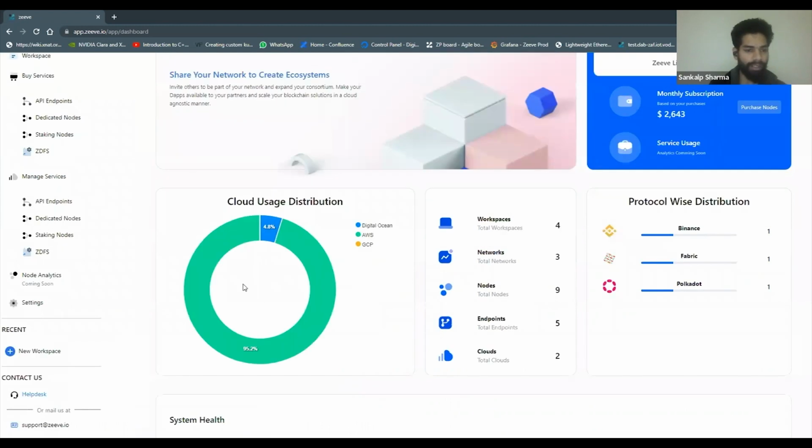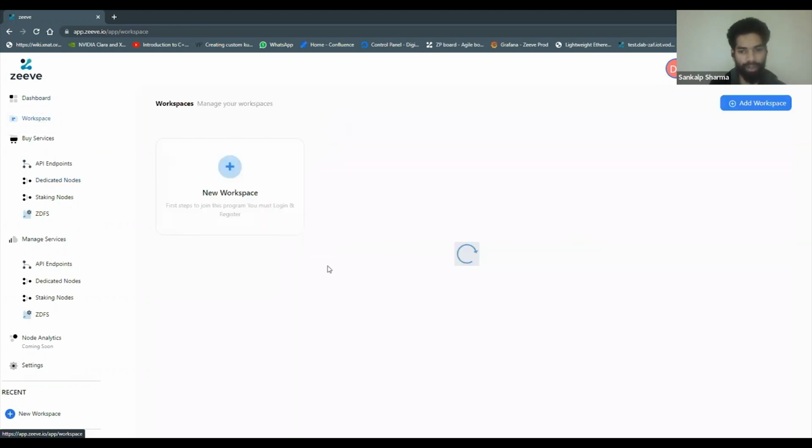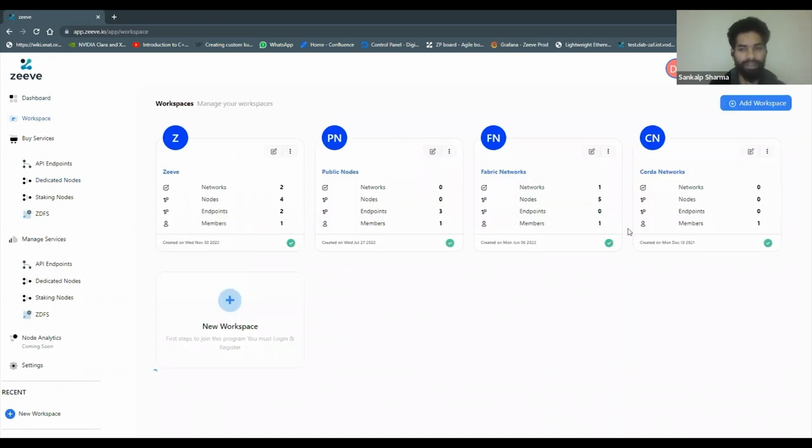But today we're gonna keep our focus to Polkadot, which is one of our protocols which has been seeing a lot of community support. A lot of projects are currently being taken on it as well. So I'll quickly just go and show you a little bit of our workspaces. Here you can see I've got a bunch of workspaces created here already, and I'm going to choose our public